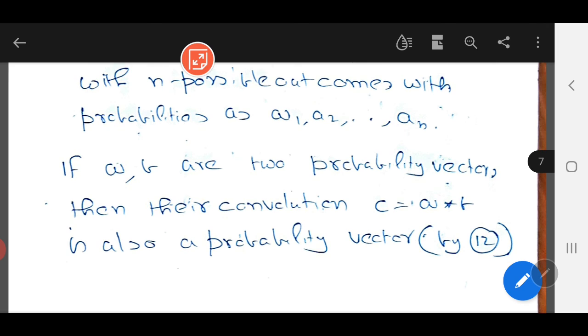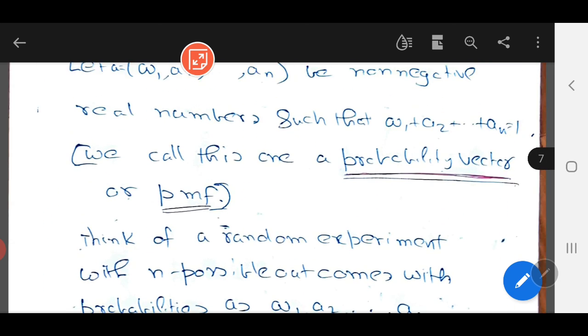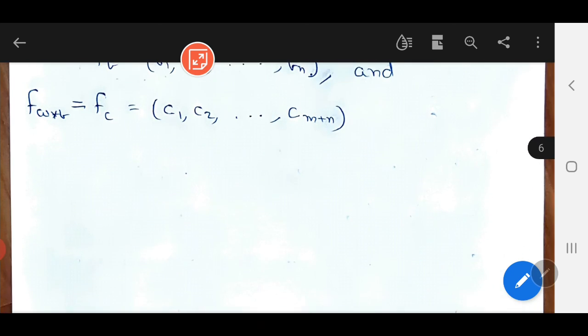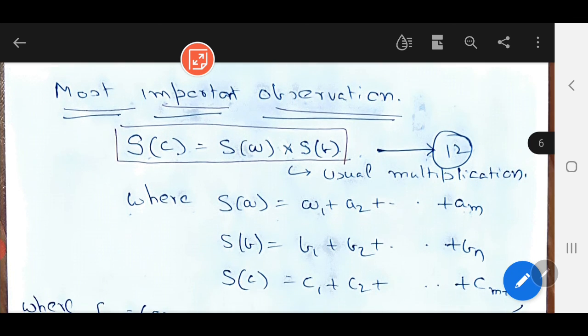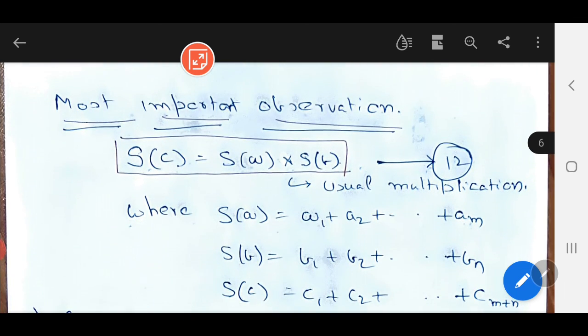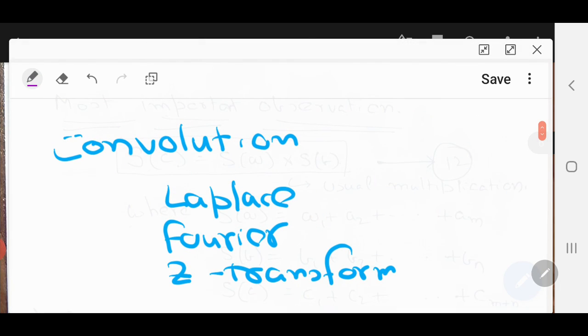If A and B are two probability vectors, then their convolution C equal to A star B is also a probability vector. That is why I told you this is a very important one. So you have this formula, S of A into S of B is equal to S of C. What I mean to say here is that,